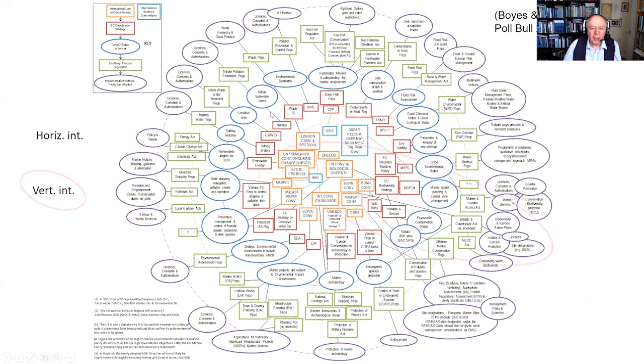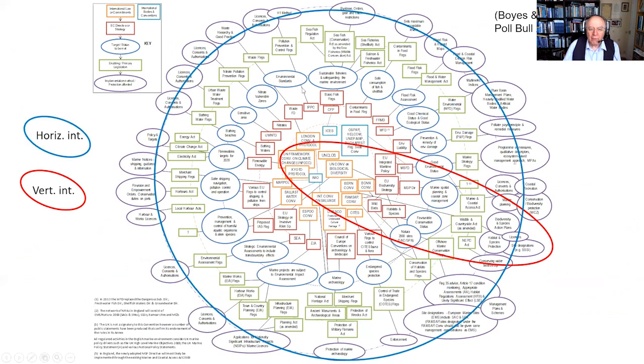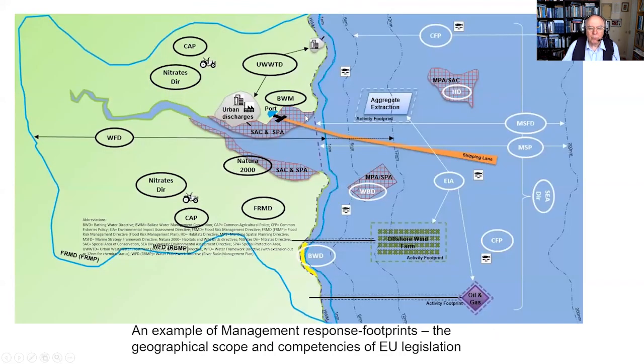This shows the governance, the various legal laws and instruments going from the global, you'll recognize some of these names in the middle, out to the local. And that's vertical integration. Horizontal integration is making sure we can manage all of the things. So some of these on fisheries and flooding and marine quality and catchment quality, shipping, environmental regulations, merchant shipping, power generation, and so on. So we need to get all of those in place.